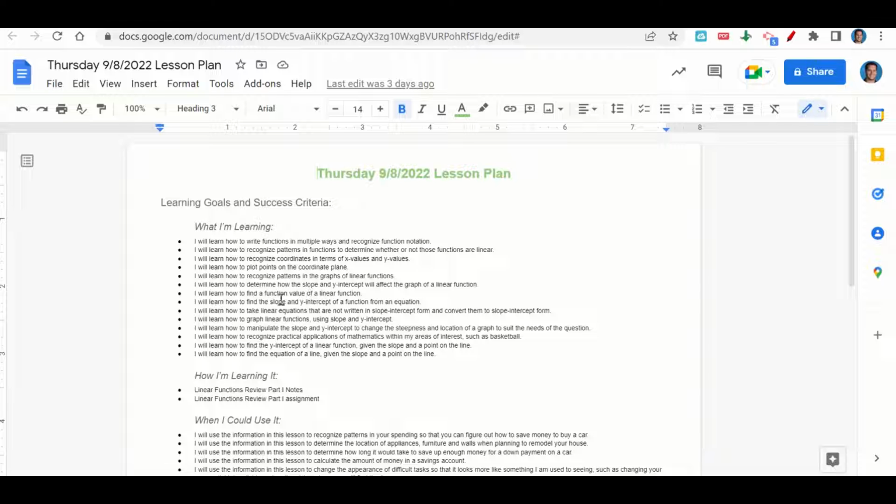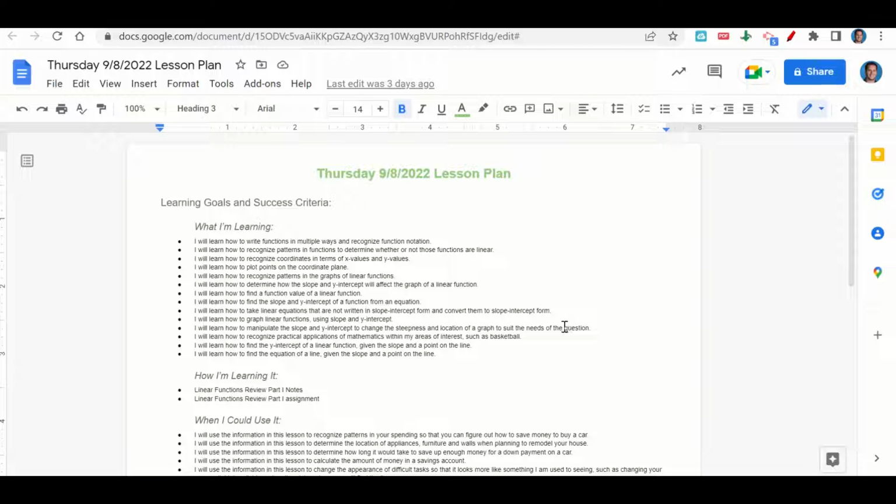how to find a function value of a linear function, how to find the slope and y-intercept of a function from an equation, how to take a linear equation that is not written in slope-intercept form and convert it to slope-intercept form, how to graph linear functions using slope and y-intercept, how to manipulate the slope and y-intercept to change the steepness and location of a graph